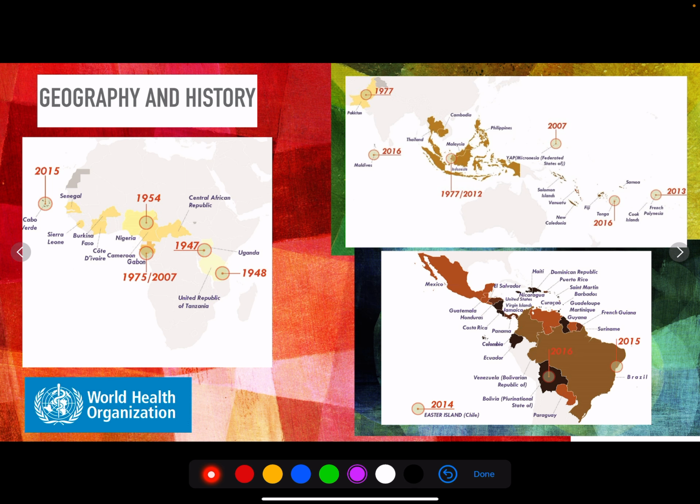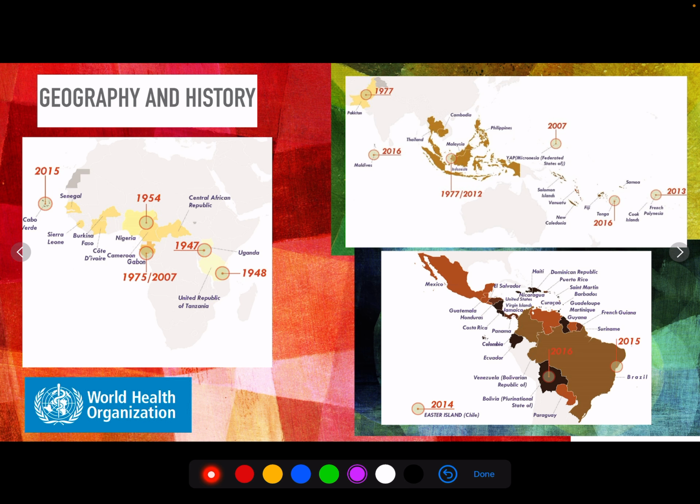So, a little history about the Zika virus. In 1947, when they were investigating yellow fever, they found Zika virus in Uganda in samples taken from monkeys. The following year, they identified the Aedes genus mosquito and found that it was carrying the virus. This was found in the Zika forest, which is how we got the Zika virus name. The first case of Zika virus was detected in Uganda in 1952.